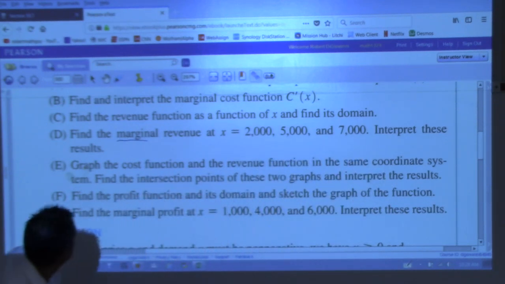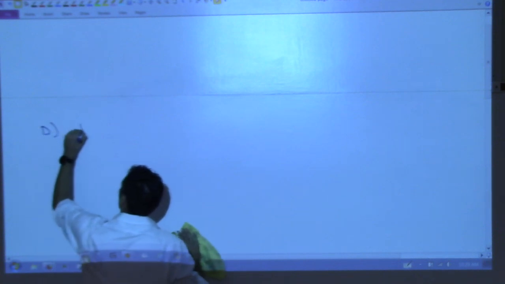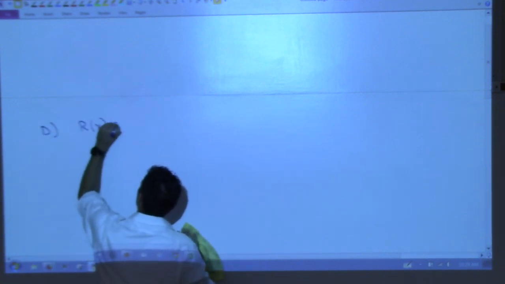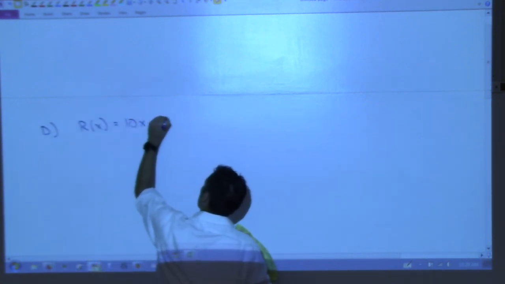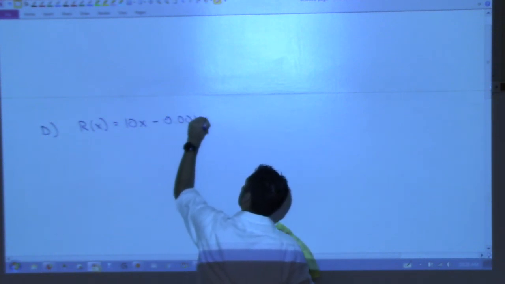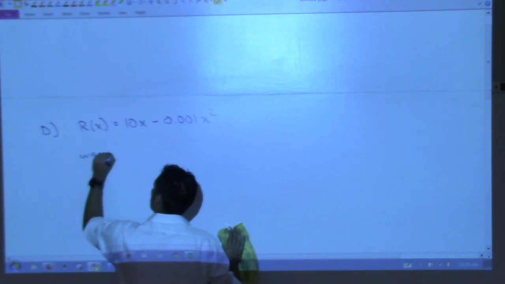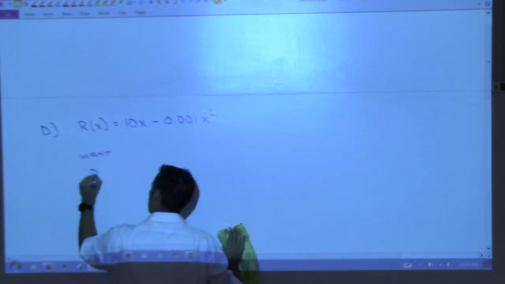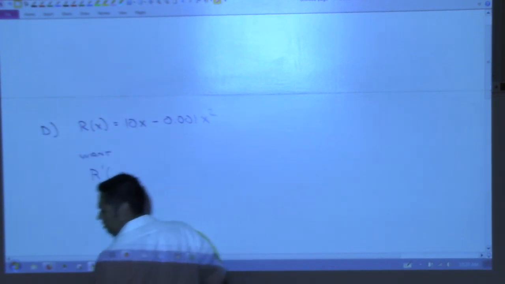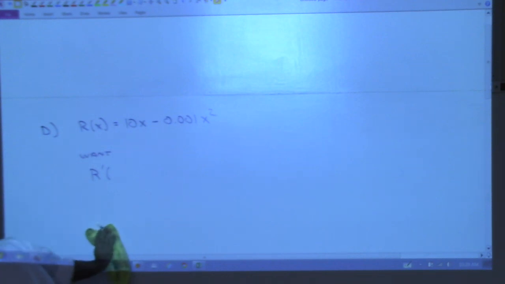So for part D, they want us to take our revenue function, which we just said was 10x minus 0.001x squared, right? That's our revenue function. They want the marginal revenue at 2,000, 5,000,